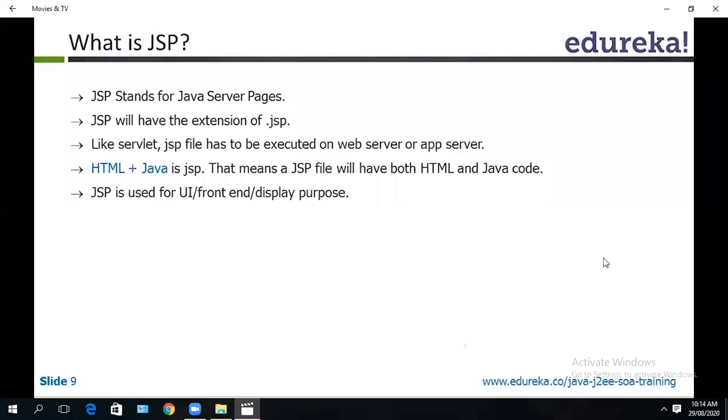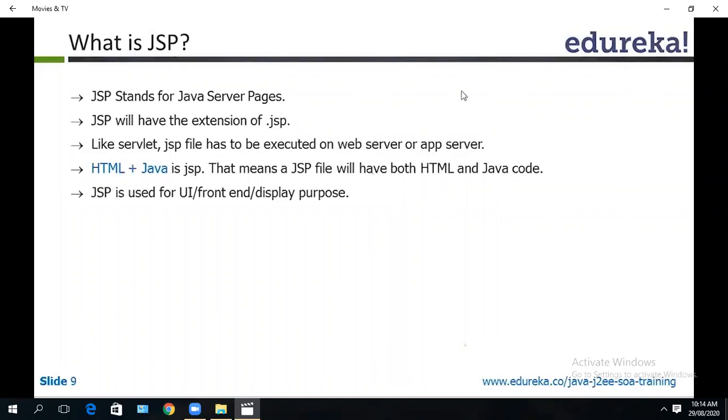The JSP file has to be executed on the server, either an application server or a web server. The web server is like Apache Tomcat, and a couple of application servers are WebLogic, WebSphere, JBoss, Glassfish, all these things.